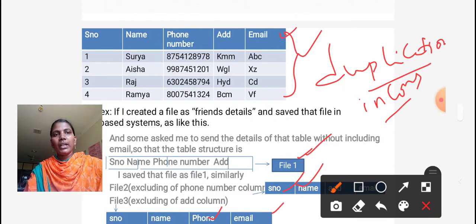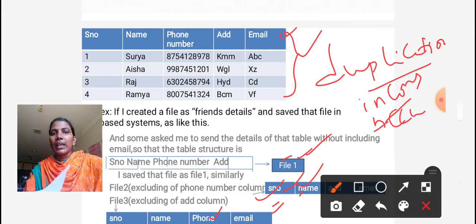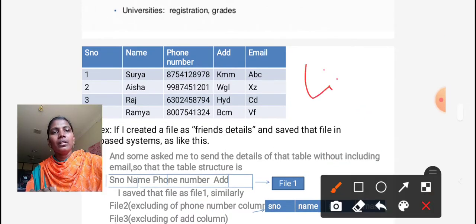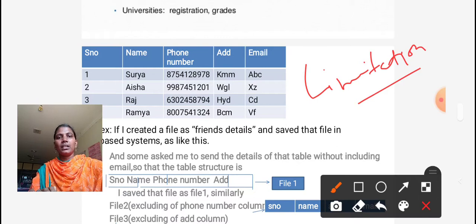If we update the data values in only one file, it is not updated in the other files like file 1, file 2, file 3. So when retrieving any details from file 2, the data values are not updated, so incorrect values, that is, accurate values, do not occur. These are a number of limitations of using the file based system. To reduce these limitations, we have to use the database concept.